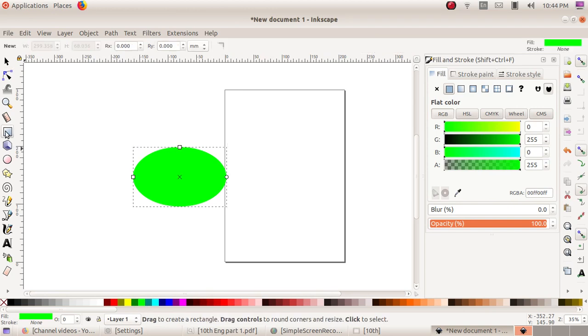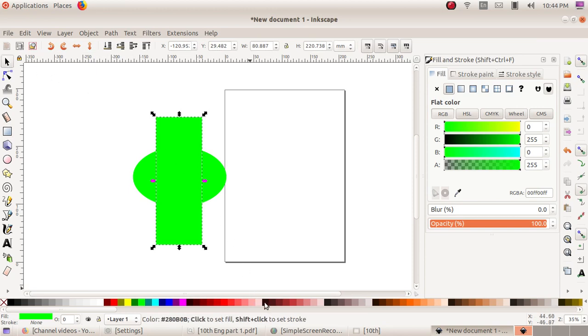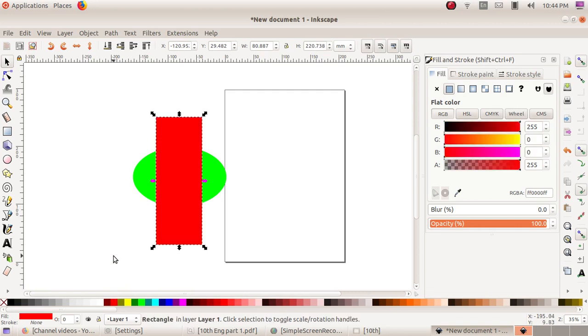And create this using the rectangle tool. You can change this color like this, and there is an option lower to bottom.